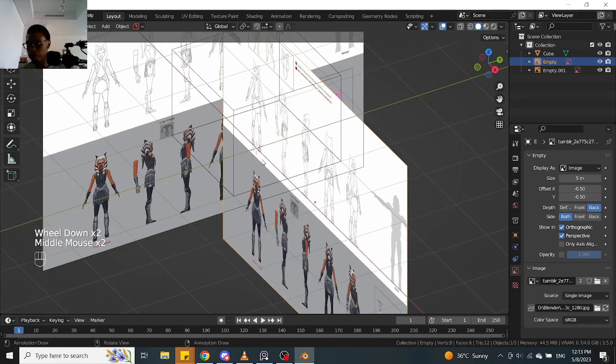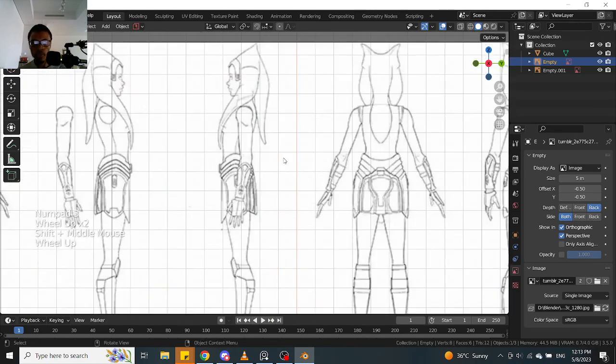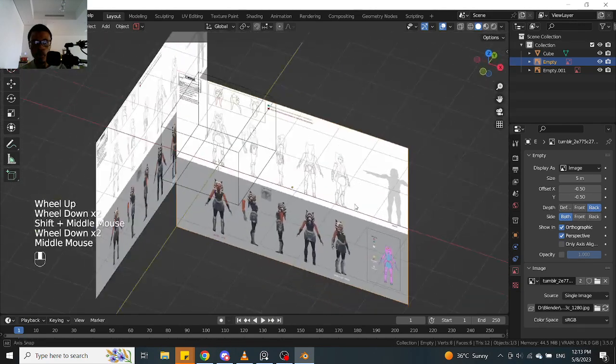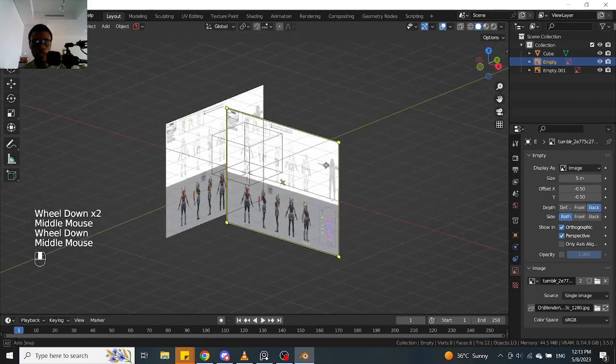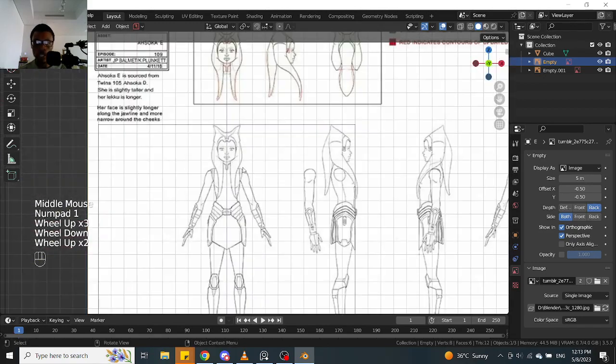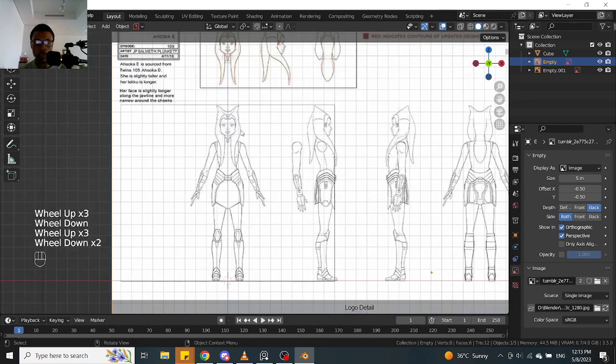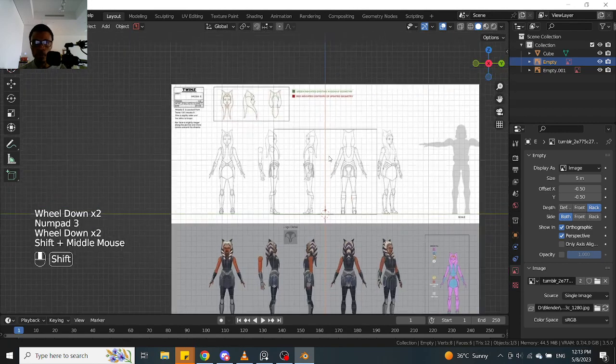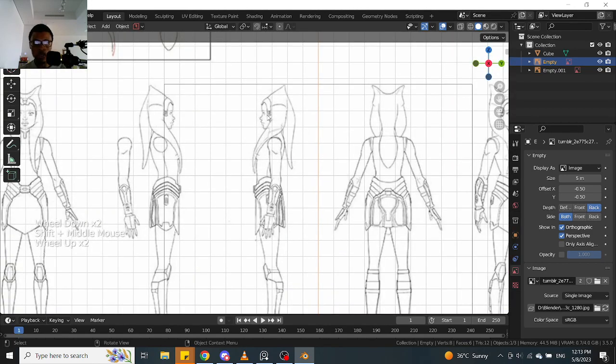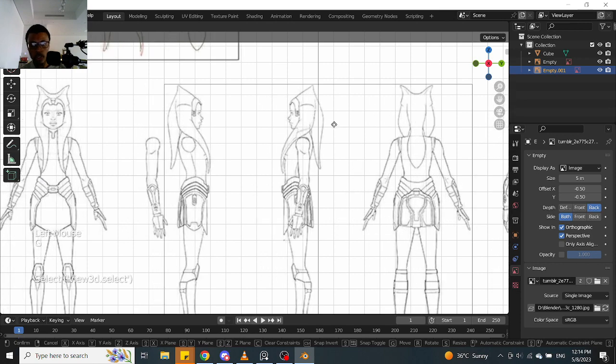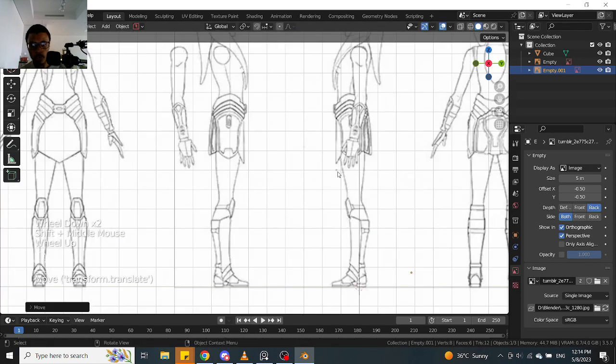I usually like the front view. I usually want this area to be the front view, I guess. So that means the side view will have to look that direction instead of the opposite direction to match the front view, I guess. So this should be